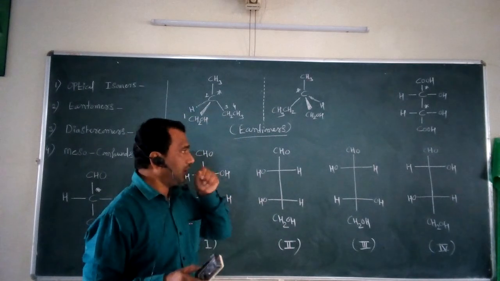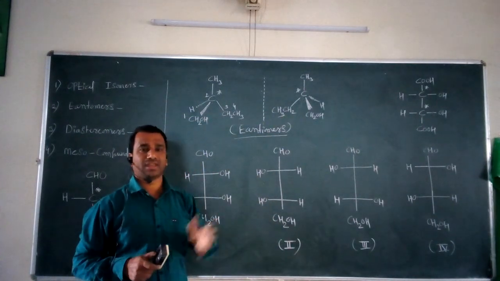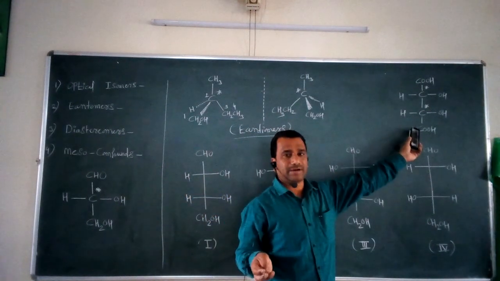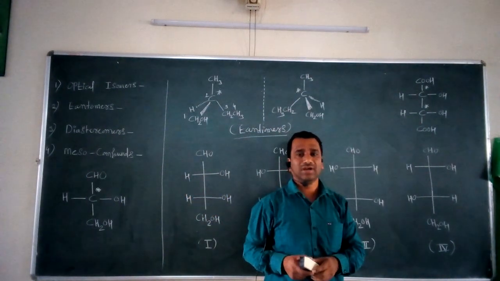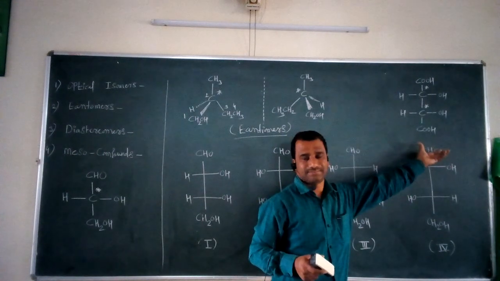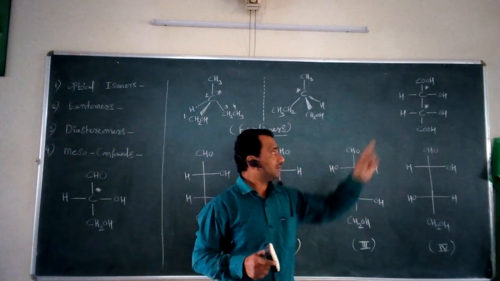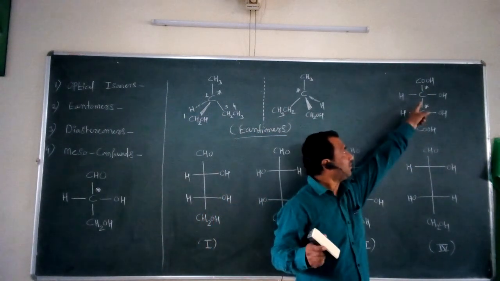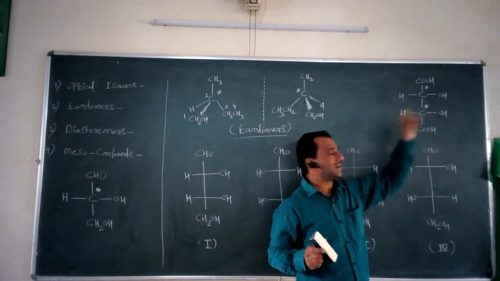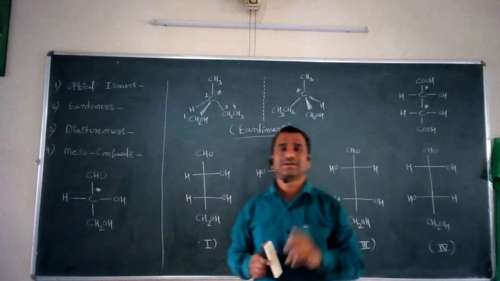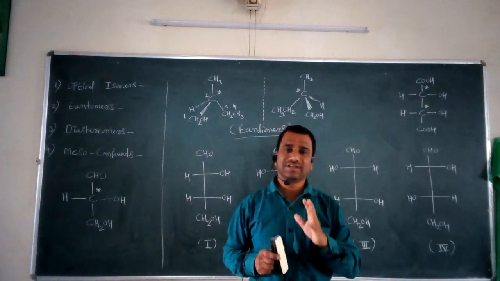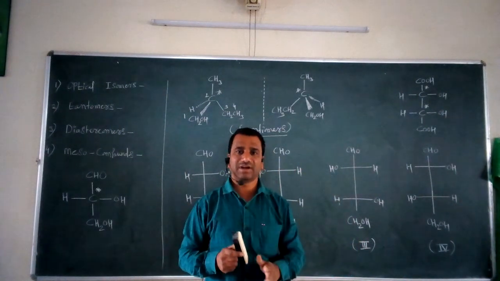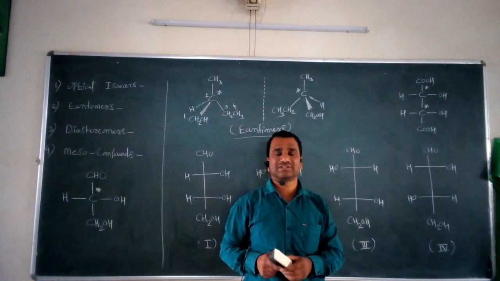Now if we consider the second example in this sequence, suppose you consider this type of compound. What happens in this compound? This compound is called tartaric acid. In this compound, there are two chiral centers. This is the first chiral center. This is the second chiral center. So as this compound has two chiral centers, we might say it should be optically active. But what happens if we look at the structure of this compound?